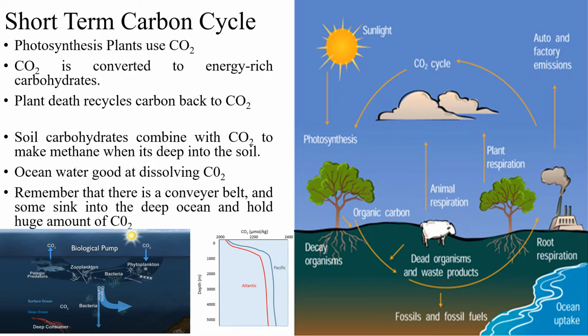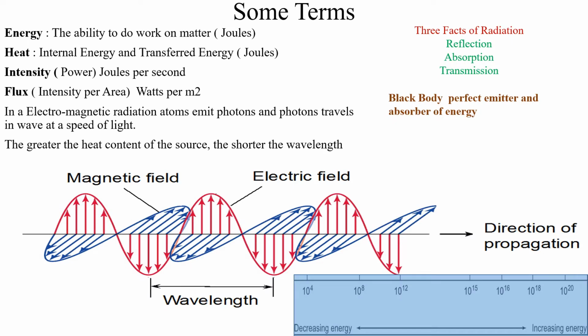Also it is related to pH, meaning the ocean is moving towards acidic conditions. Although the overall oceanic pH did not change much, in some places the ocean is actually becoming acidic, so that's why coral reefs are dying or bleaching. So all these things, and you see some of the terminology that you need to know: reflection, absorption